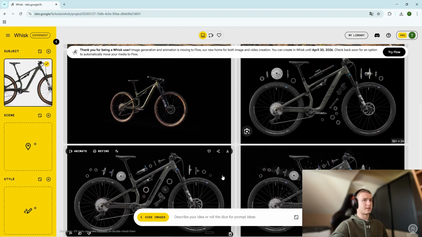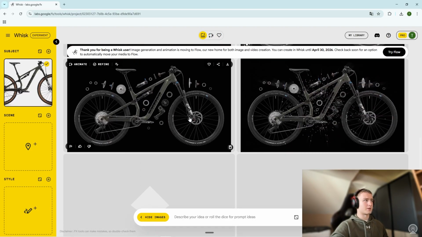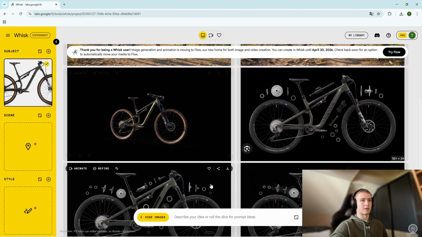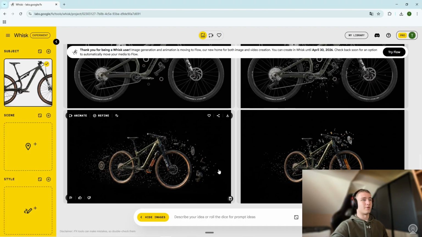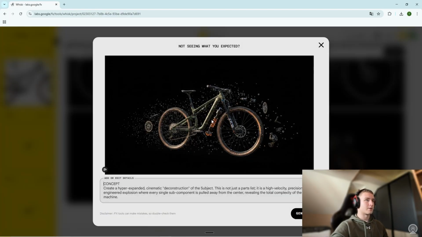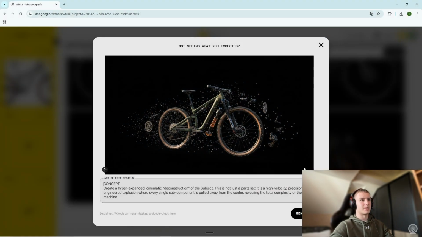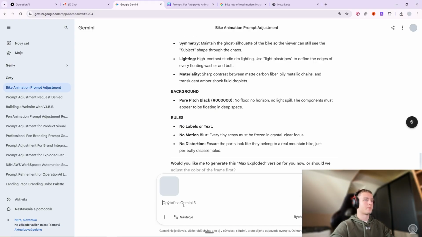I also now noticed that the colors of the tires aren't the same, which isn't ideal at all. But other than that, it seems like it's the same bicycle. Okay, I like this one a tiny bit more, but again, it isn't what we are looking for. I really want you to play around with this because it is pretty important, right? I received this image. I don't like it. I want the components